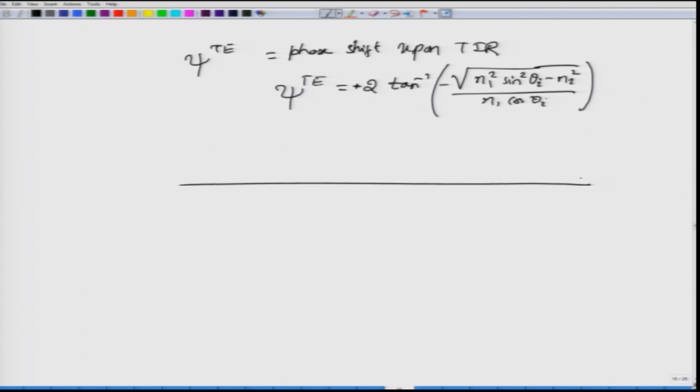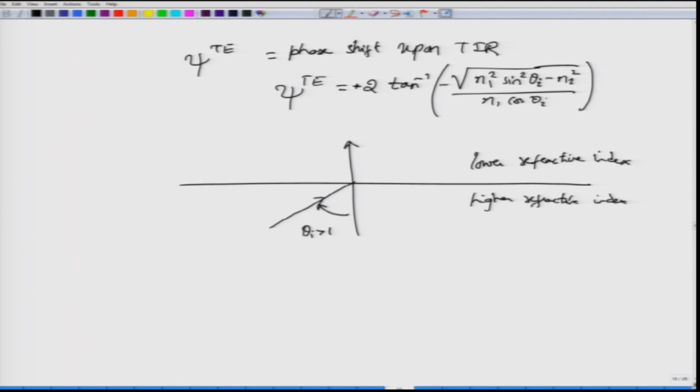There is a very important point which I will finally mention and then leave it out here. What we have done is that let us suppose that we had a lower refractive index medium here, okay, and then we have a higher refractive index medium. And what we have done is a very interesting case. So, this is a normal to the interface as such. By carefully taking the angle of incidence to be greater than the critical angle, what I have done is to essentially reflect all of my light back into the first medium, right. So, of course, there will be an evanescent wave, but the evanescent waves are not carrying any energy, right. So, there is no power transfer that is happening because of the evanescent waves.